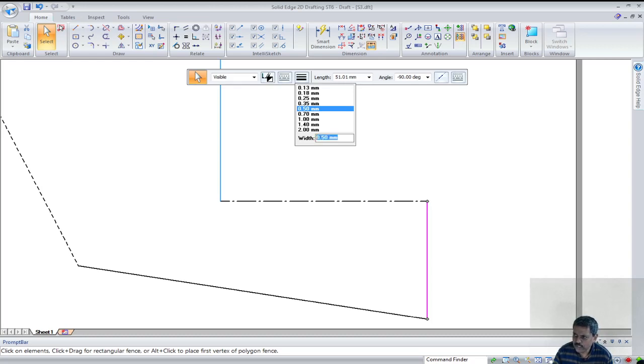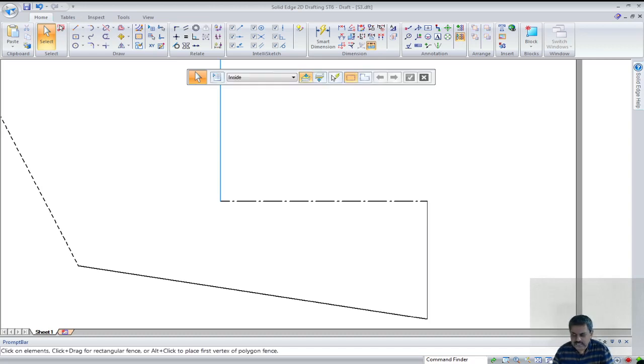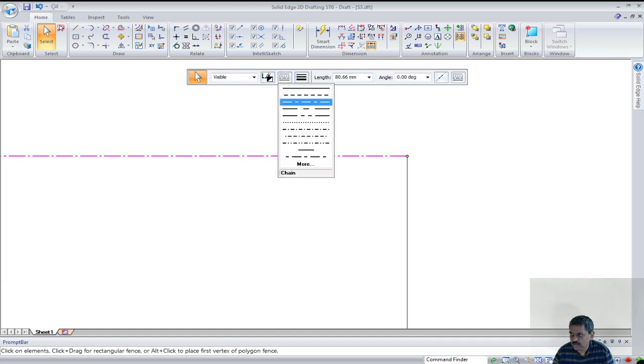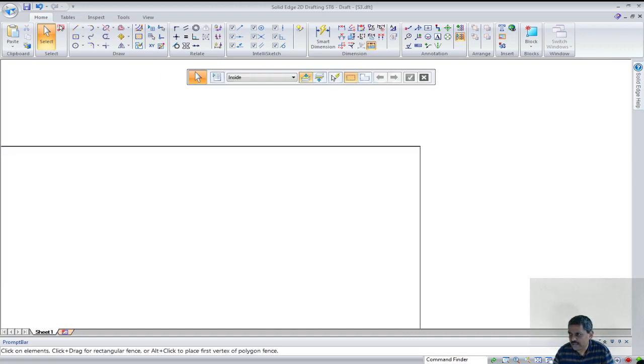So anyway, I will tell you, if it has to be a thin line, what we use is 0.05. Of course, 0.05 is sufficient for A4 size. If you are using A2 or A0 size, probably it can be 0.1 or 0.2, something like that. So when you pick up this, you can see there is a lot of difference between this line and the other line. You can see the thickness difference. This is a thick line and this is a thin line.